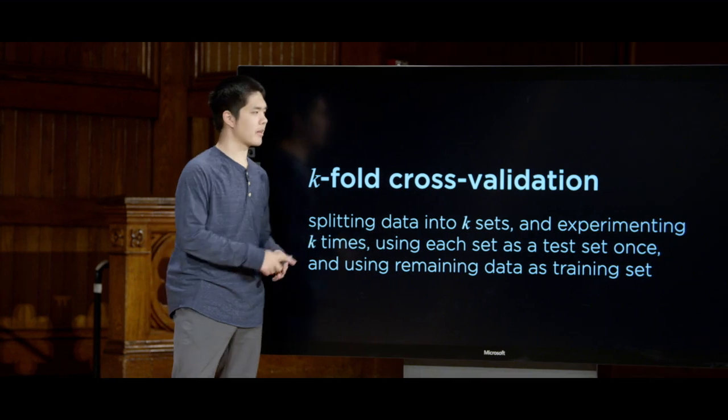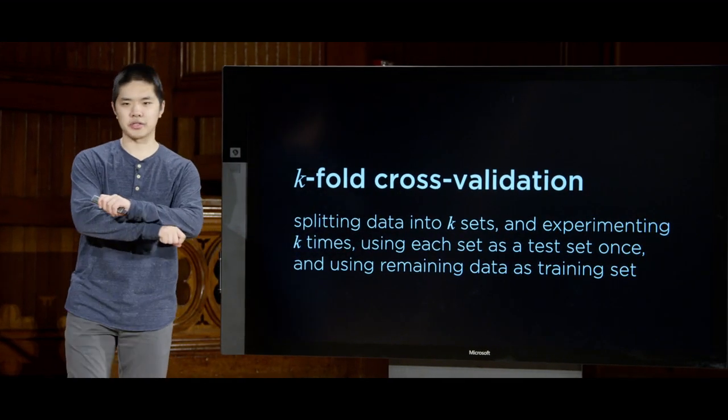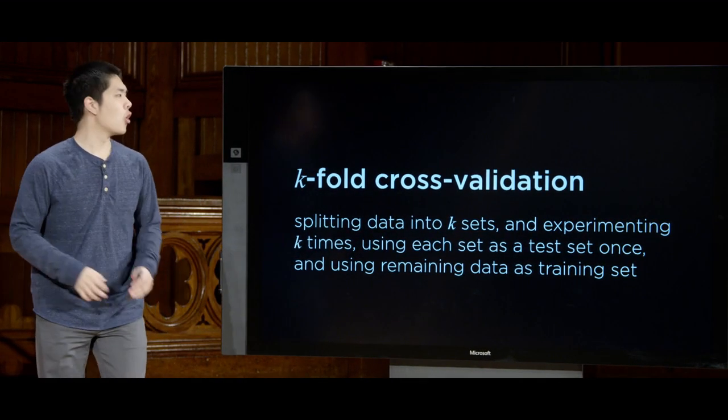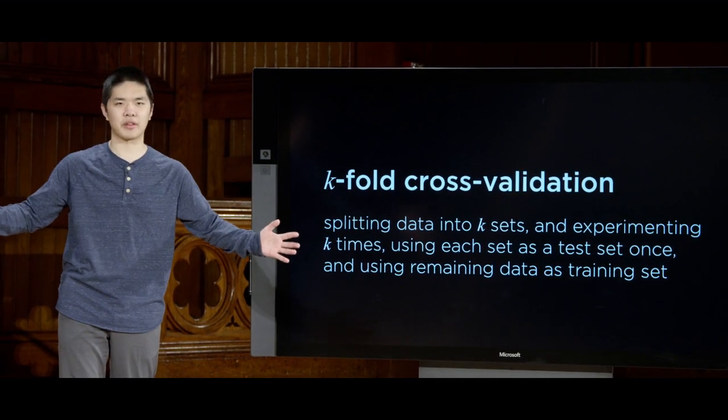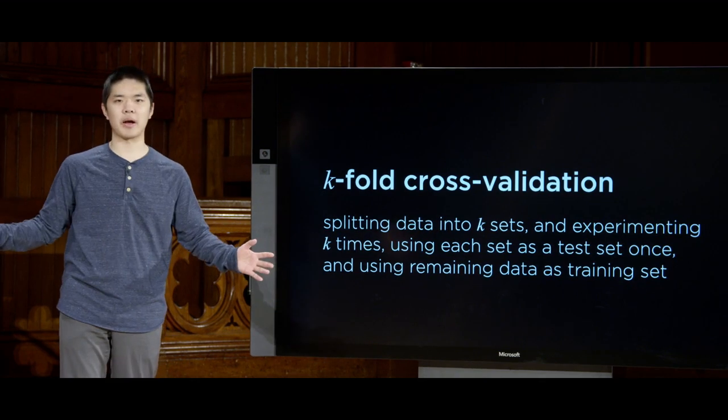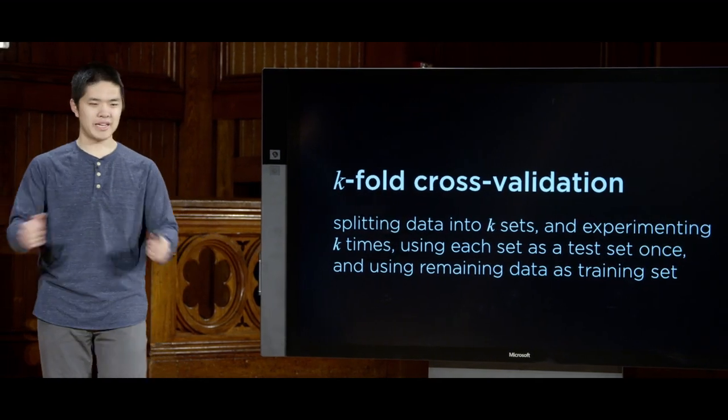In k-fold cross-validation, rather than just divide things into 2 sets and run one experiment, we divide things into k different sets. So maybe I divide things up into 10 different sets and then run 10 different experiments. For each of my 10 experiments, I will hold out one of those sets of data, where I'll say, let me train my model on these 9 sets, and then test to see how well it predicts on set number 10. And then pick another set of 9 sets to train on, and then test it on the other one